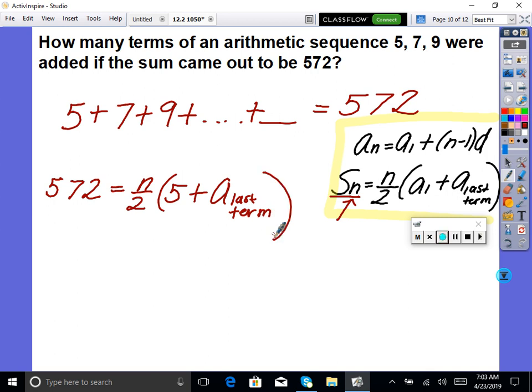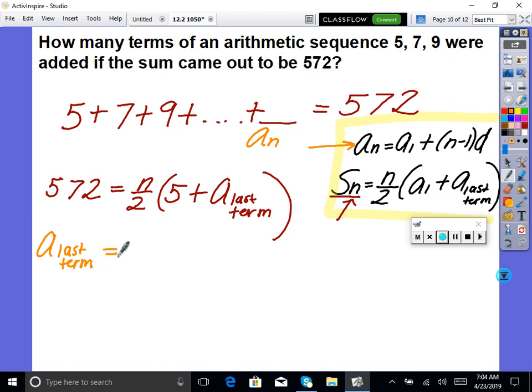Okay. So if that is true, then we must have to go back to our explicit formula and figure this out here. Let's see, how can we do that? Well, a of n is not, that's the sum, right? That isn't a term. You guys see what I'm saying? That's not a term. So this right here is a sub n, isn't it? So we don't know what a sub n is, but it's the last. So let's set up a true statement. Isn't it going to be the last term though? So we'd say a sub last term